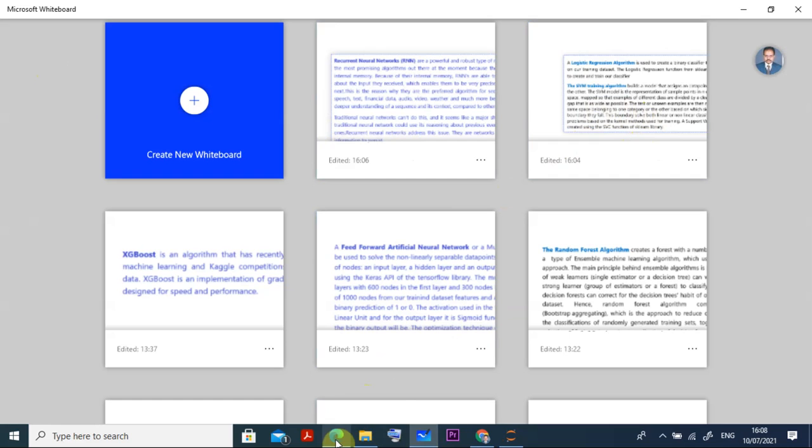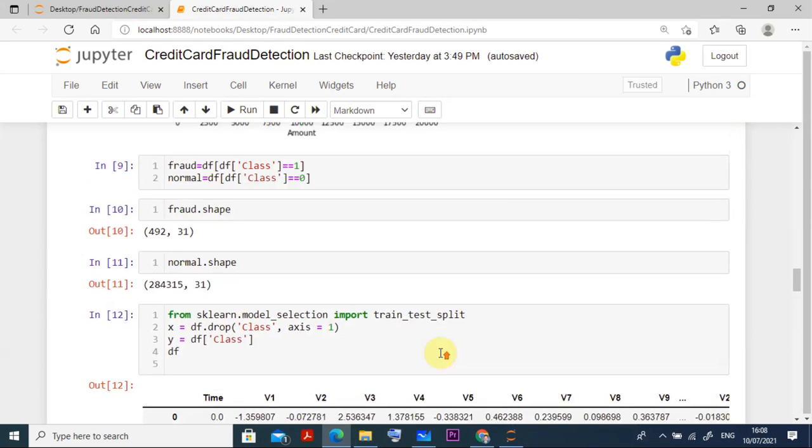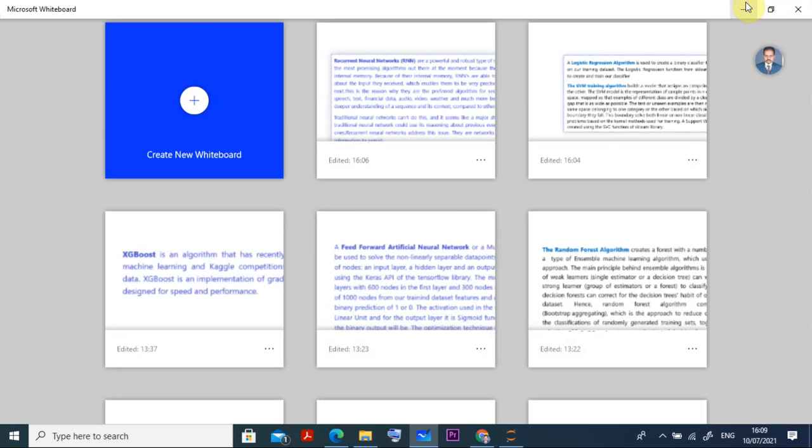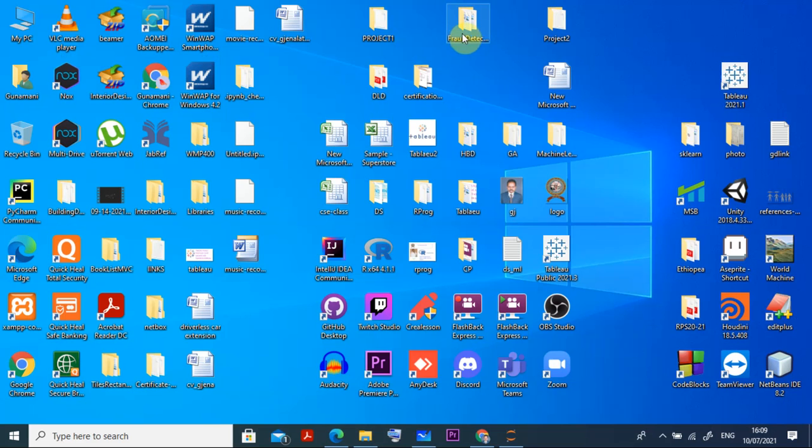For the implementations, what do we do? We can see it here. I told you that we need to install Anaconda. In Anaconda, just type Jupyter notebook. Once you type Jupyter notebook, what I created before that, I'll tell you. I already have a folder, the fraud detections. You can check it here.